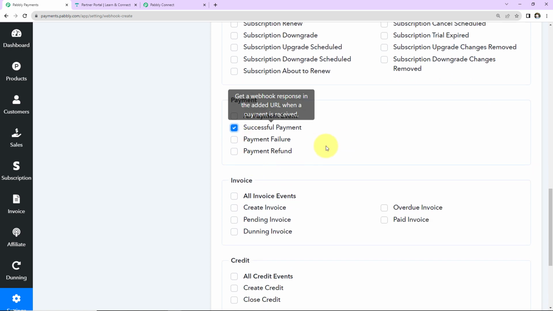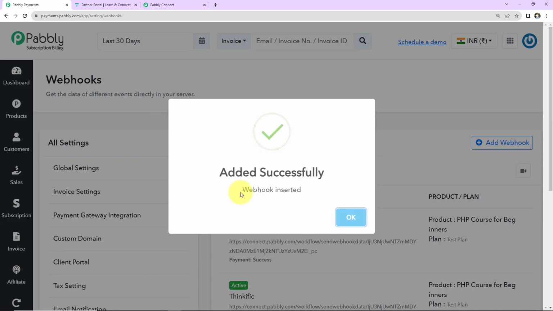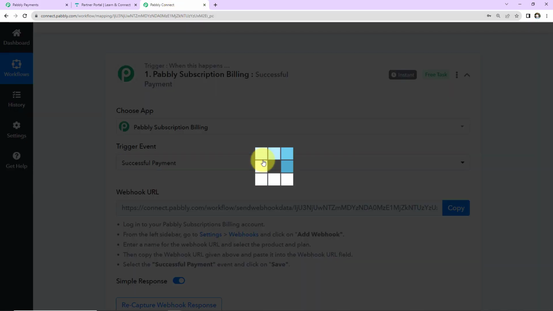So we are going to select successful payment under payment option. Now let's go down and just click on save. As we do that, you can see that the webhook has been added successfully. So once this is done, I'm going to take you back to Pabbly Connect,